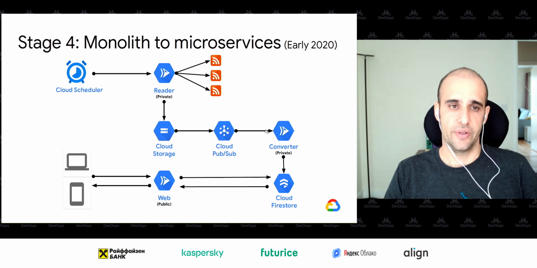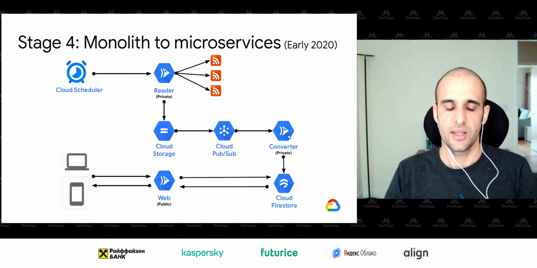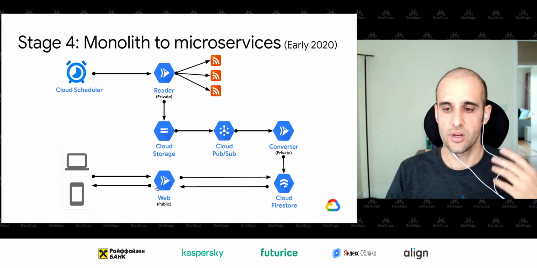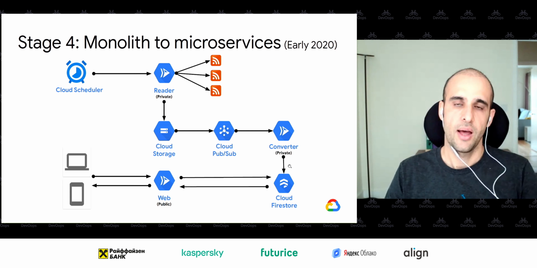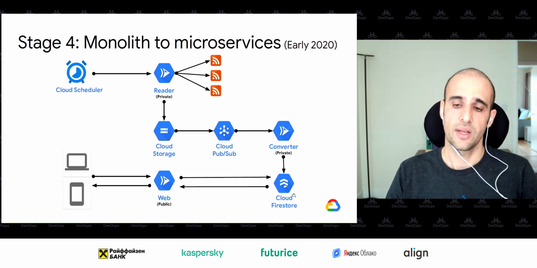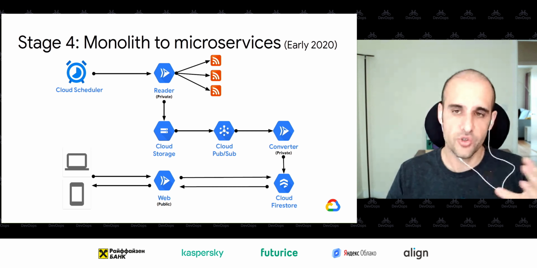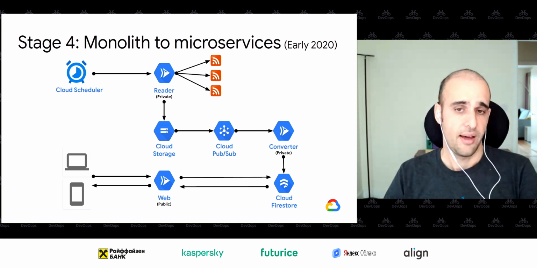Everything is event-driven, right? So the scheduler starts the reader. Then when the reader saves a file, that triggers the converter. Then when the user makes a request to the web, that triggers a call to Firestore. And now we have persistence. So if, let's say, the reader goes down, which it doesn't, but if it goes down, then we still have something in the Firestore to serve to the users. So all the issues that I talked about with monolith, it ended up being solved by this